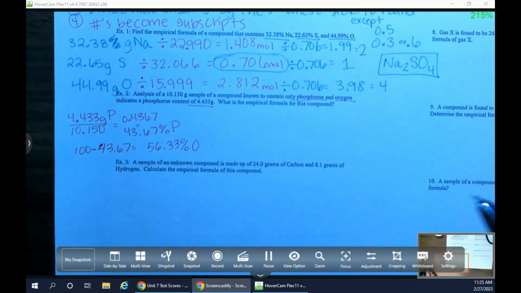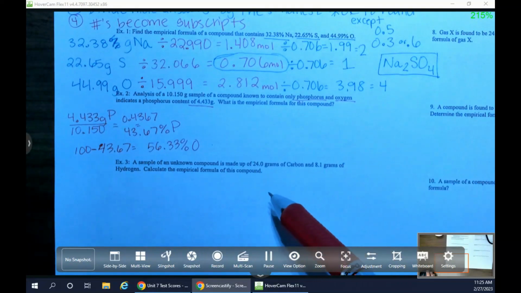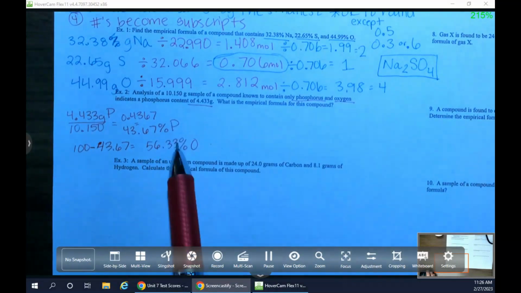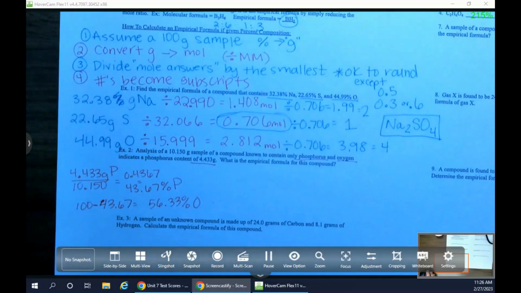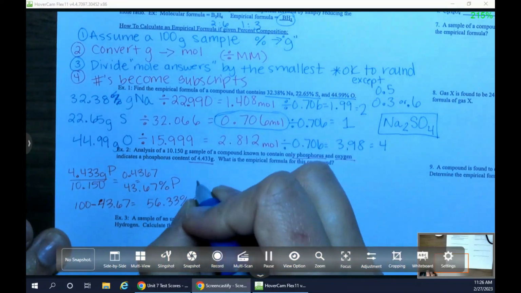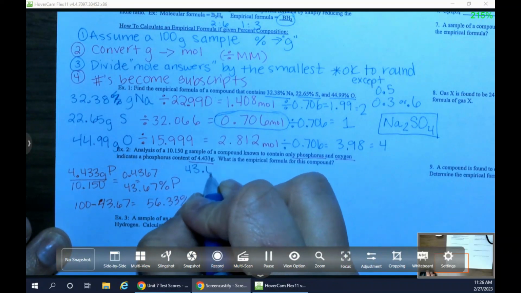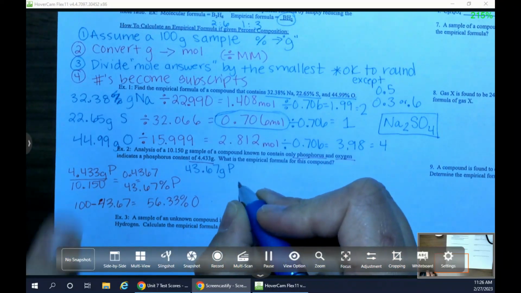So you should have gotten 43.67% phosphorus and 56.33% oxygen. You guys got that? Now it's just running through our steps. Okay, so we have 43.67% that, 56.33% that. First step says assume 100 grams. So we're going to assume our 100 gram sample. We're going to go ahead and get 43.67 grams of phosphorus. And we already know that we're going right into step 2, which is converting to moles,